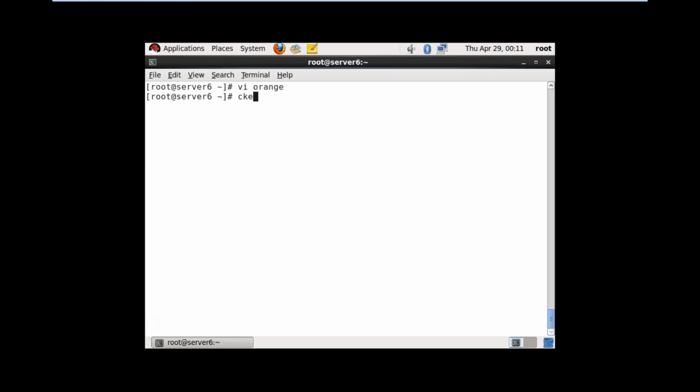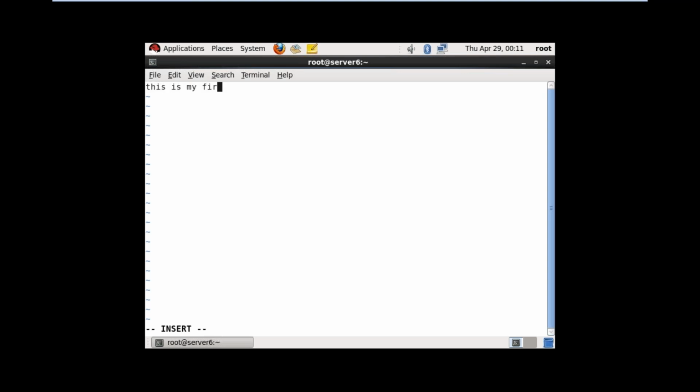If I want a new file, vi space file name, abc. See, there is a new file, but you cannot write the data here. If I try to write the data, it will not print here. So I want to go to the insert mode. This is escape mode. If you want to write the data, you can go to insert mode: escape, i. Now insert mode. You can write the data now.